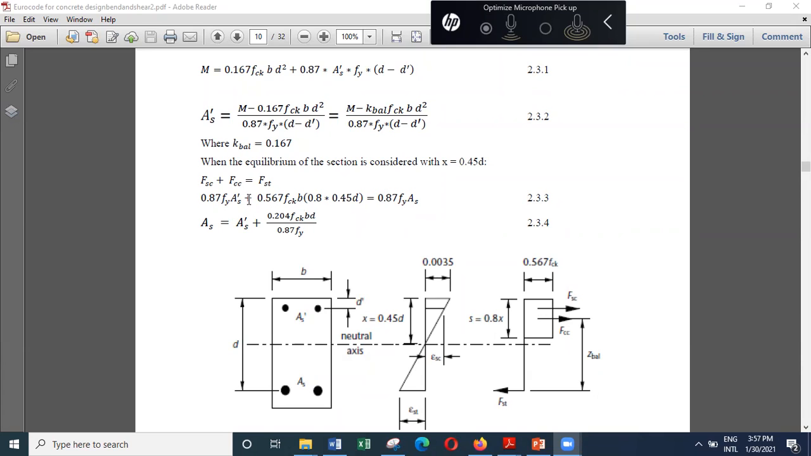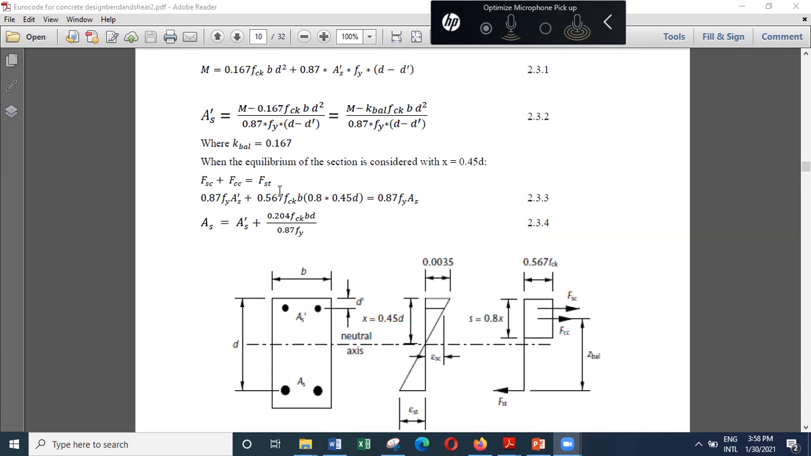Force in compression steel is 0.8 times Fy times As dash. So this is known. This is what we want to find. And the force in concrete is given by